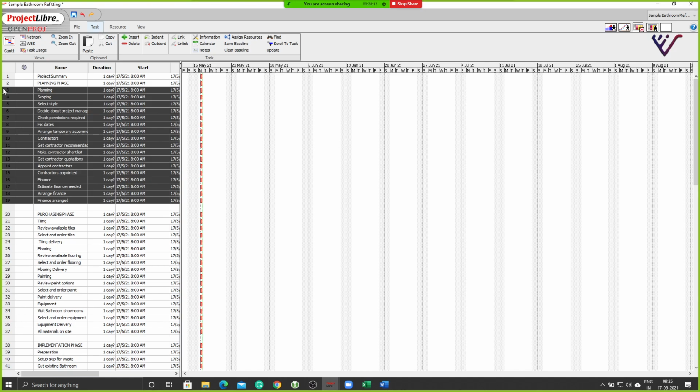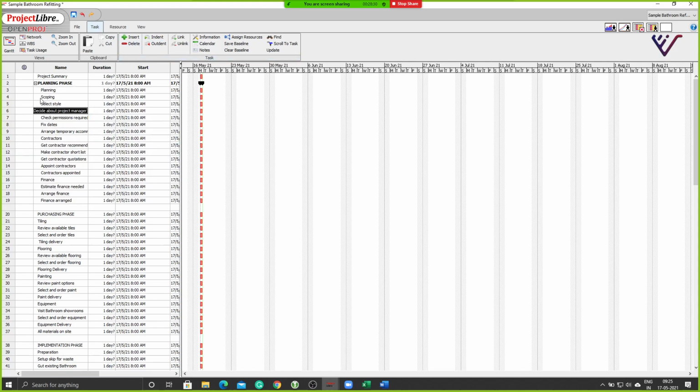Clear? So I will select all of these now and I will create an indent. Indent is done to make a particular activity a sub activity of a preceding activity. So if I do indent now, you see all of these now become a part of planning phase. Clear? Was it clear how I did that? You select all the elements and hit on indent, so they become a sub activity of planning phase. Now I can collapse the planning phase by hitting on that plus or minus button.